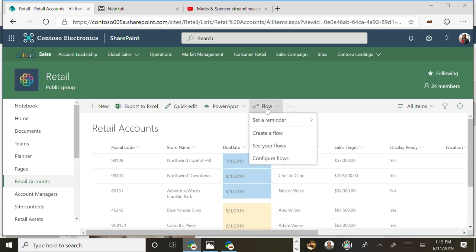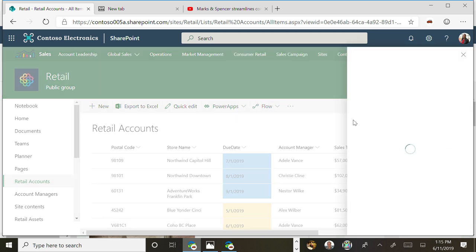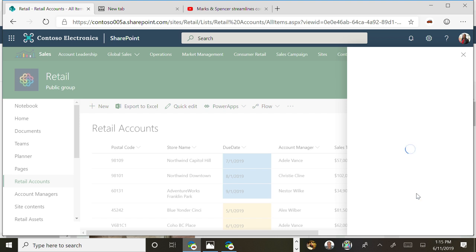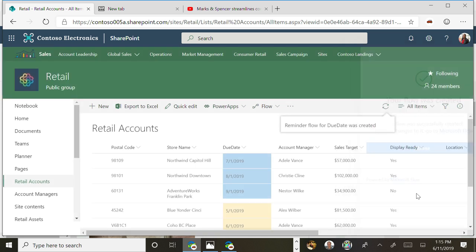Since I've added a date, when I come to Flow right now, one of the capabilities that you'll see automatically wired up for me is set a reminder. So if I want to set a reminder on due date, we have a master flow that's going to be copied into my environment. It's going to ask me, how often do I want a reminder? Let's say I want the reminder 7 days in advance. So anytime we reach a 7-day threshold for any of the items in this database going forward, Flow is automatically going to send me a reminder overnight. And every user can set this up. It's a personal productivity tip that you can use to take advantage of these capabilities inside Flow.